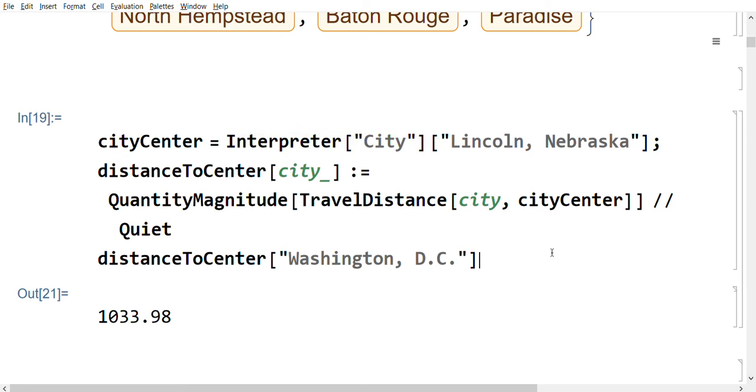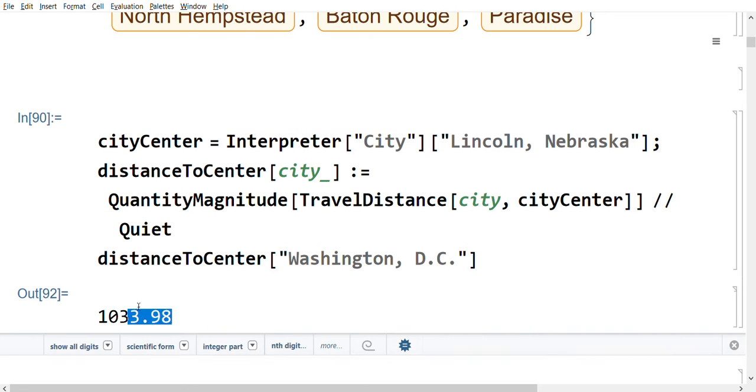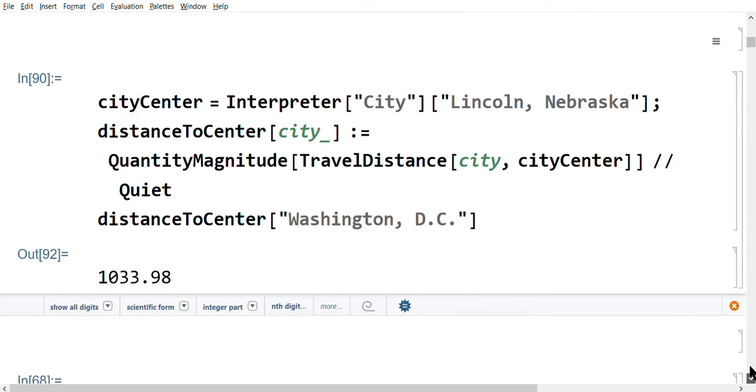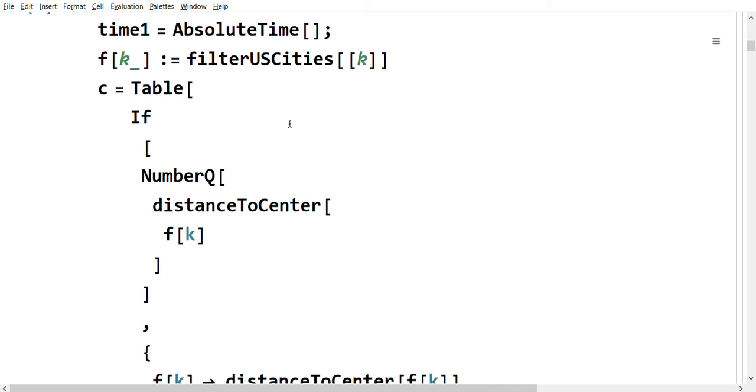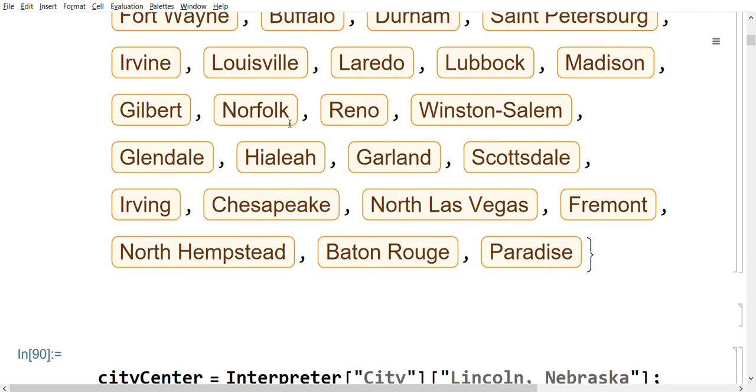So just as a test, I sent it off to Washington, D.C., and the travel distance is supposedly 1033, or 1034, I should say, is close. Car couldn't tell the difference. So now I'm going to take those 7,168 cities